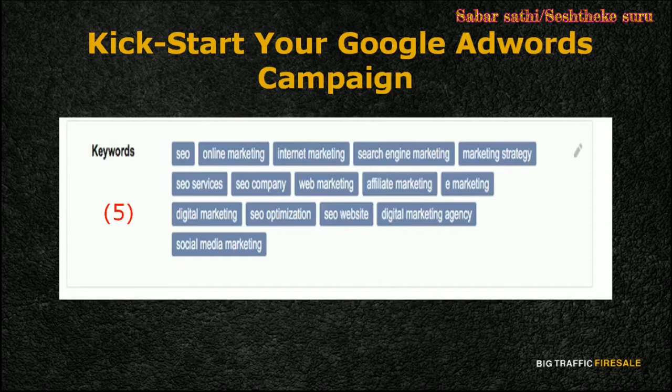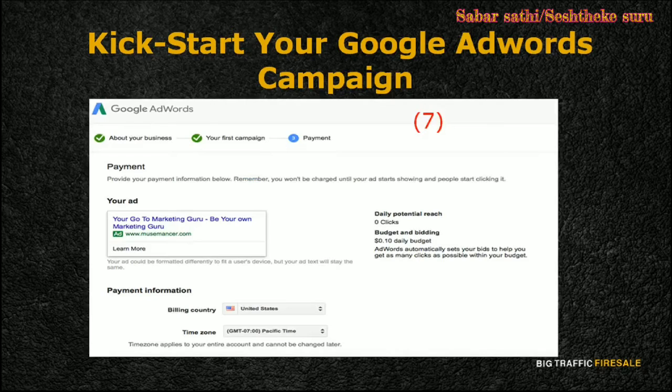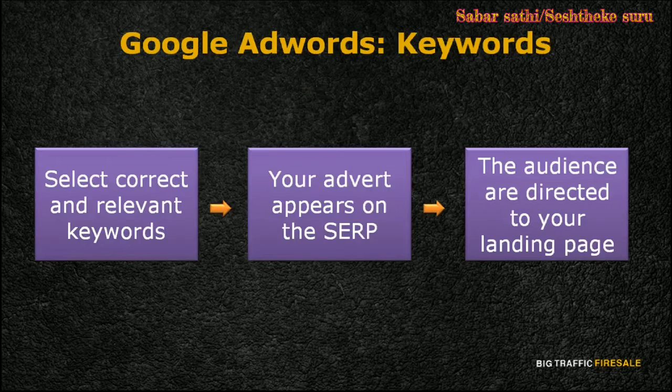The 5th step is to paste your keywords. Start with just one set and add plus signs, brackets, and quotation marks to see how many search results you'll get. The 6th step is to set your maximum CPC within your budget. For starters, maybe keep it low to always scale. Finally, your ads will start showing up once you've confirmed your payment. Now you're set. When you are already set up, it's time to delve into the building blocks, which is understanding